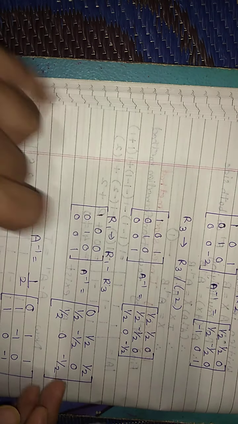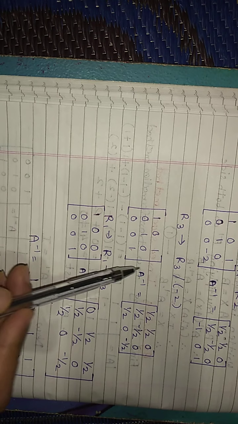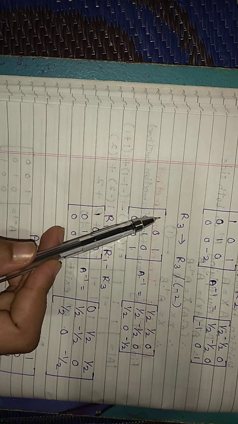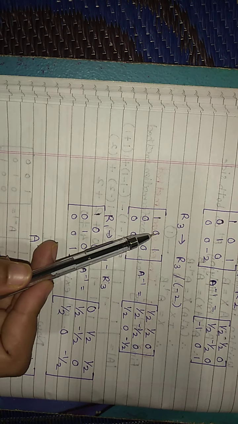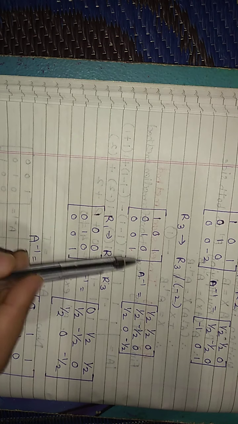this element we have to convert as a 0. So R1 element we have to convert to 0 with the help of R3. So R1 minus R3. 0 minus 1, minus 1. 0 minus 0, 0. 1 minus 1, 0. Other remaining elements as it is. Same formation we have to apply over here. 1 upon 2 minus 1 upon 2, 0. 1 upon 2 minus 0, 1 upon 2. 0 minus minus 1 upon 2, minus minus become plus. Remaining elements as it is.